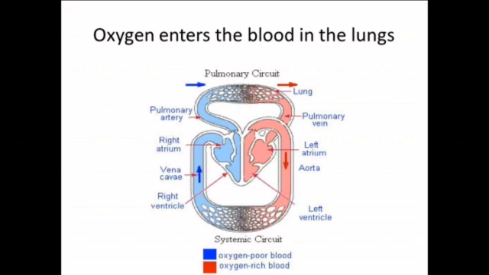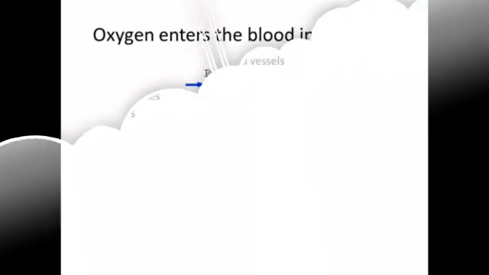The oxygenated blood returns to the heart via pulmonary vein that empties into the left auricle. When the left auricle contracts, the blood passes into the left ventricle by the opening of bicuspid valve. On the contraction of the left ventricle, the blood is pumped into the aorta, the largest artery in the body. The aorta branches into vessels which transport blood to the heart and all the other body parts.